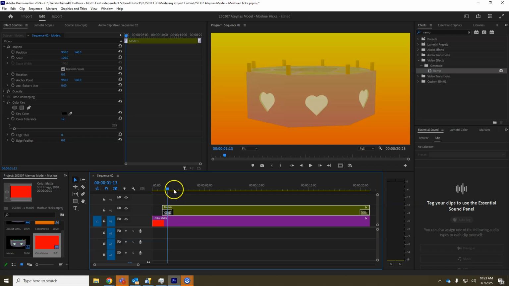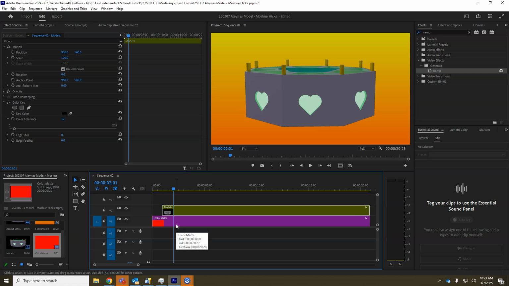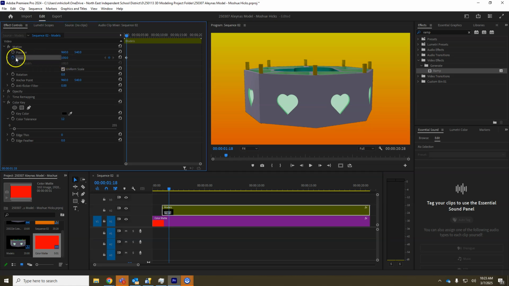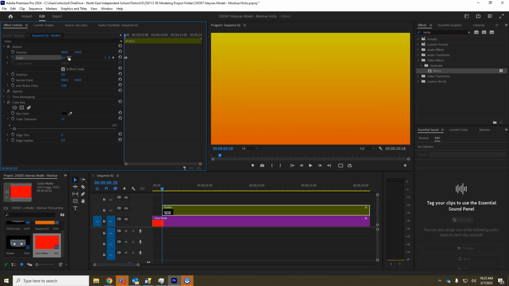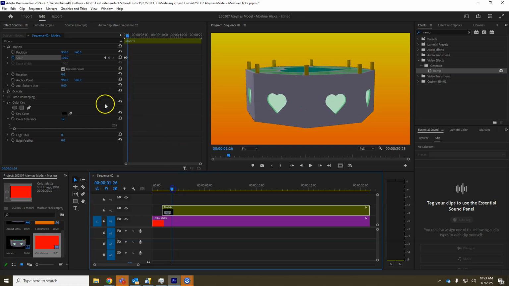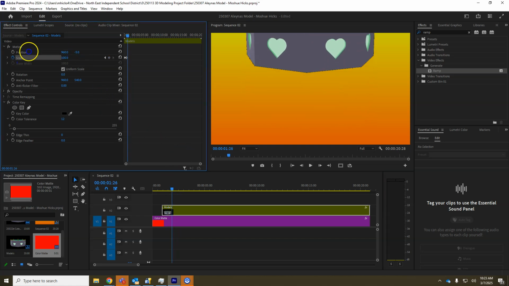Control D is, of course, your default transition, so it could fade in. You could also just keyframe it. Let's try scale. So remember, the maximum scale is 100, so don't go over that. But if we use this and go to the beginning, put this down to 0, we now have a nice little transition with it coming in. You could also do something like have it drop down from above